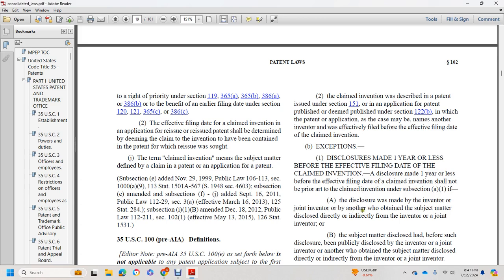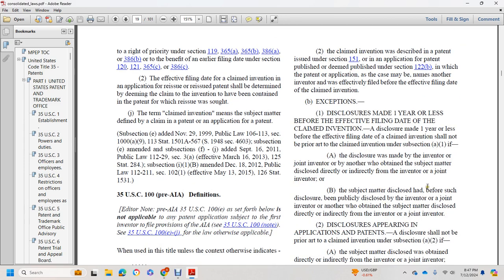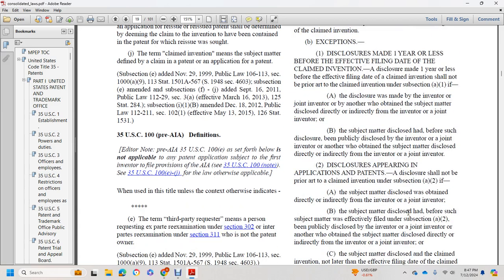the disclosure was made by the inventor or joint inventor, or by another who obtained the subject matter disclosed directly or indirectly from the inventor or joint inventor. Or the subject matter disclosed had, before such disclosure, been publicly disclosed by the inventor or joint inventor or another who obtained the subject matter directly or indirectly from the inventor or joint inventor. D. Disclosures appearing in applications and patents: the disclosure shall not be prior art to a claimed invention under subsection (a)(2)